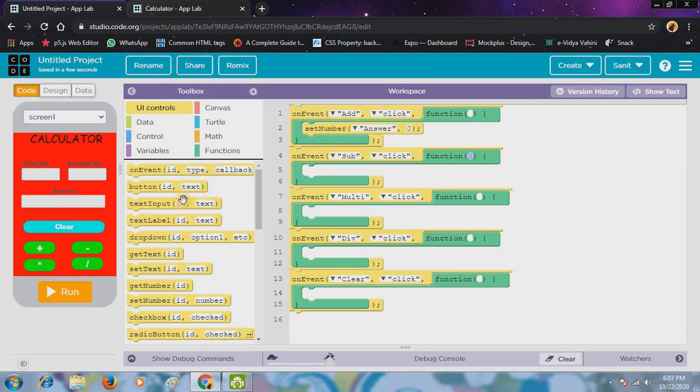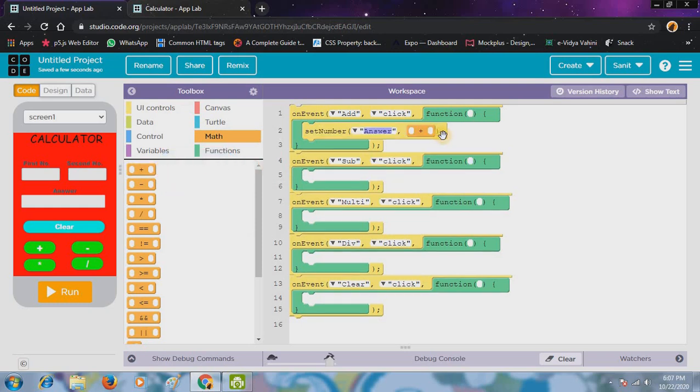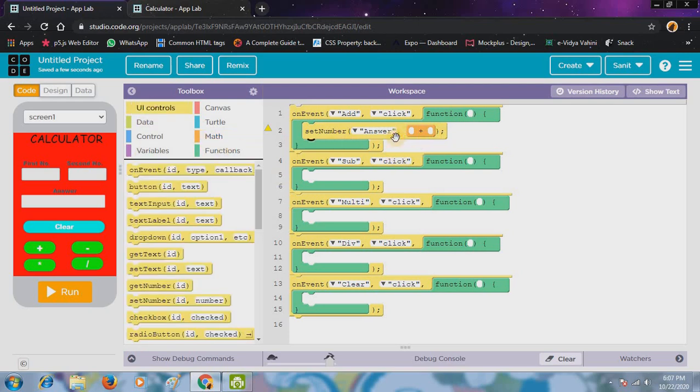So instead of 0, we will come to math, and here take the +1. Okay. So in answer, what will we add? We will write addition. We will do addition of the first number and the second number. So the number which we give in first number, we will add with the second number.